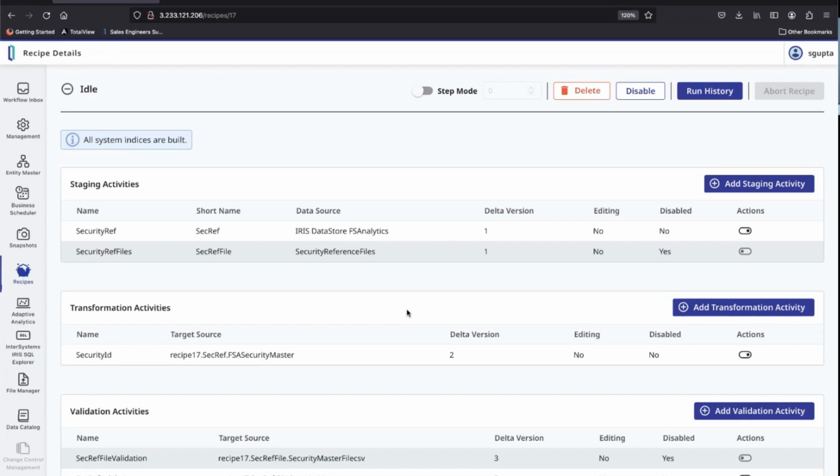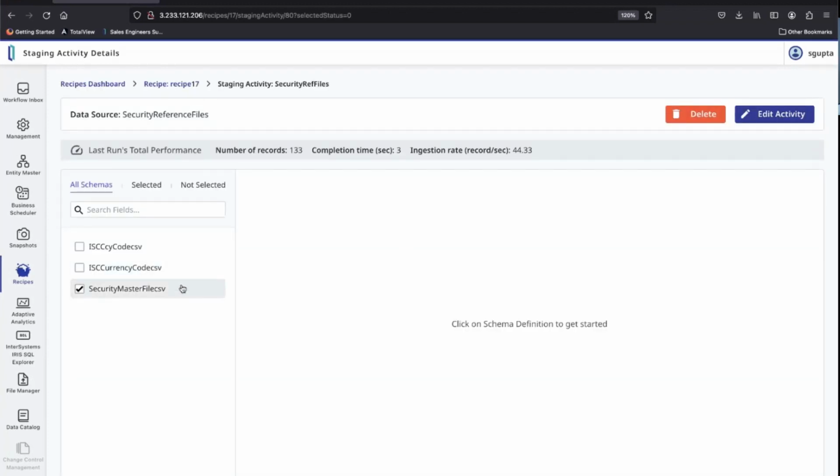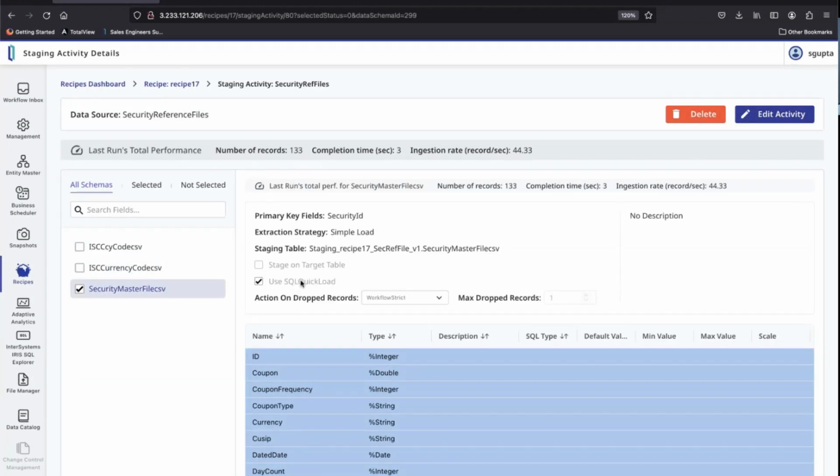You want to modify things that you have, which might be the fact that you've got fields with different names in different systems, which are being brought together, and you need to have some kind of universal nomenclature that you're going to apply to it. So, for instance, in this case, we are bringing the security master file onto a staging area.